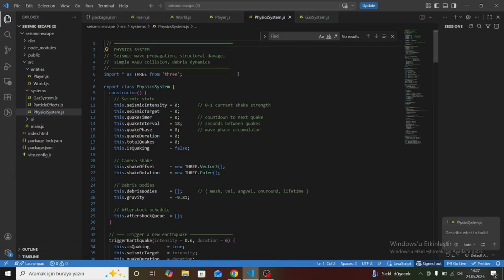The physics system is at the heart of the earthquake simulation. When a trigger earthquake is called, the intensity and duration are adjusted, then one or two aftershocks are added to the queue. In the update method,